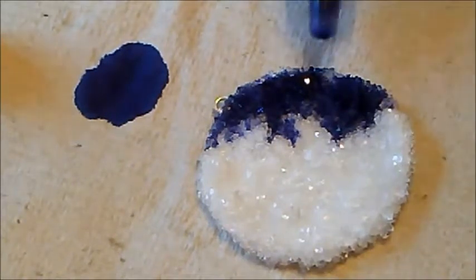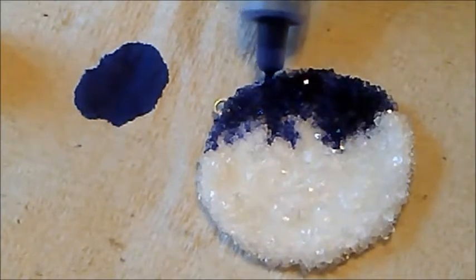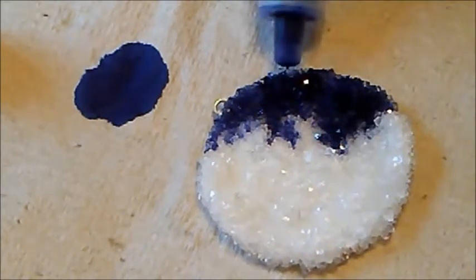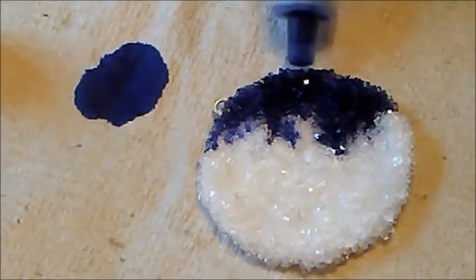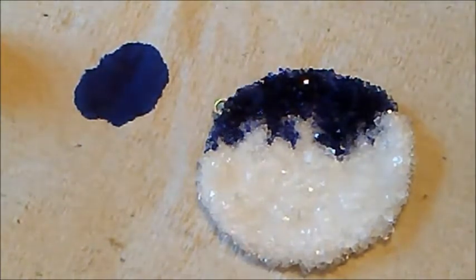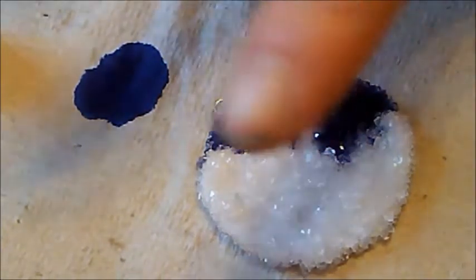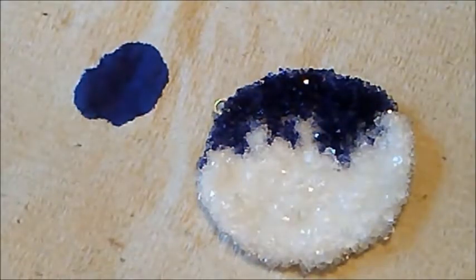Okay, I want to make sure all the crystal is dyed. I don't want to squeeze a drop. I just want to wait until it sucks out of the tip right there on the edge. Okay, that looks like a good amount of purple. That is so neat. Alright, and...